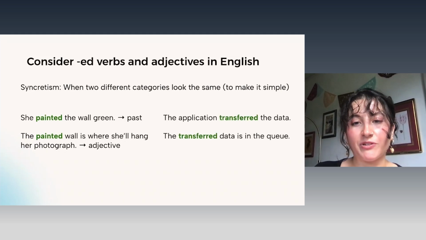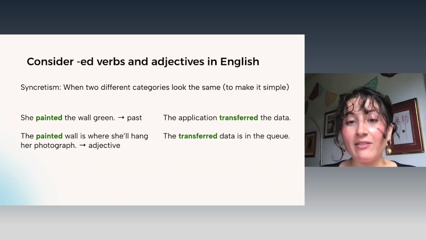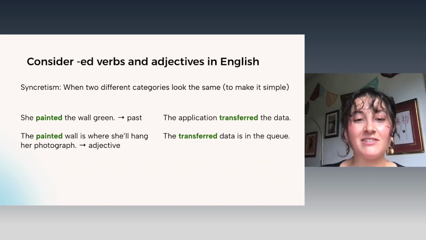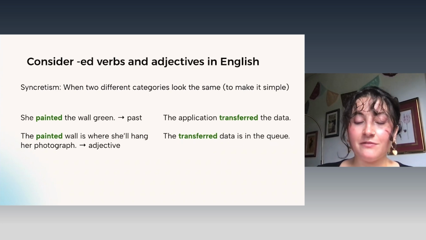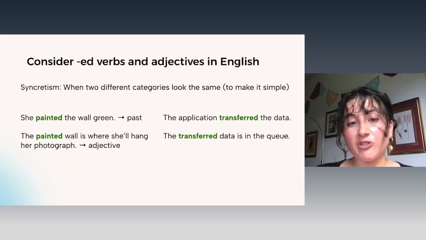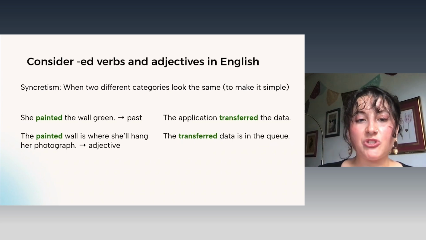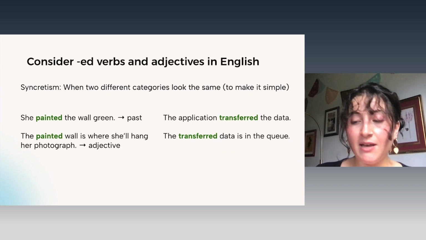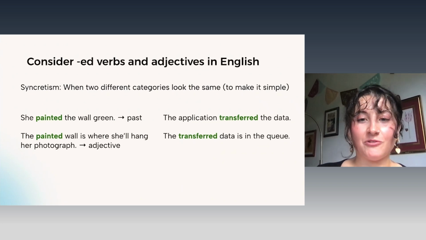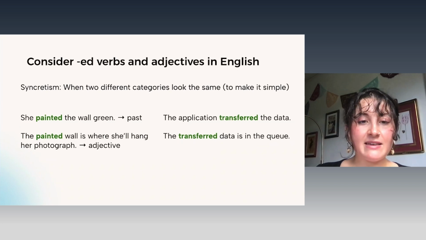So how could this apply more to technical writing? Well, you might see things like the application transferred the data versus the transferred data is in the queue. So again, first example is a verb, second example is an adjective. So this is especially relevant for translation because a lot of people don't think about this, but just because transferred looks the same in English, even though they're different parts of speech, that doesn't mean they are the same word in other languages. So especially with machine translation these days,